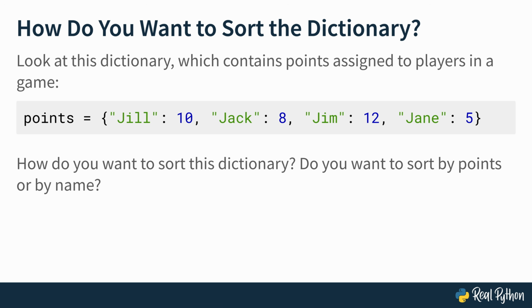Now, if you want to sort this dictionary, the first question you need to ask is, what does it mean, sorting this dictionary? For example, do you want to sort the dictionary based on the number of points that each player has? In that case, you'd be sorting using values. And let's say you want to go from highest to lowest. You'd have Jim in first place with 12 points, followed by Jill with 10, Jack with 8 points, and finally